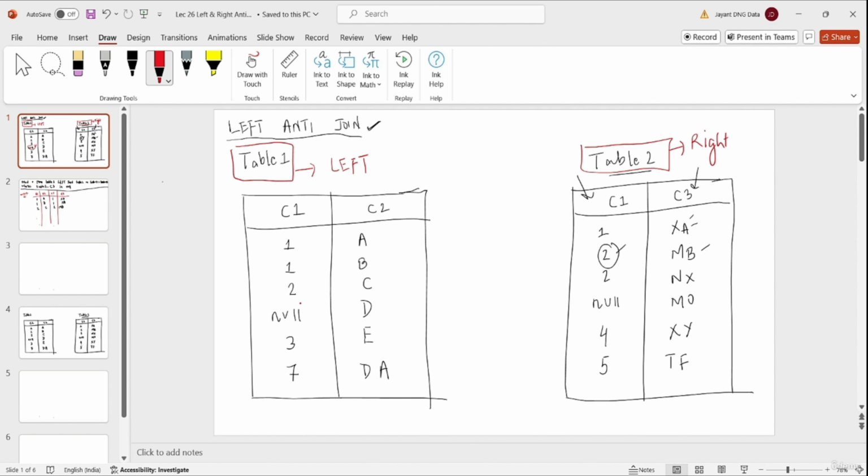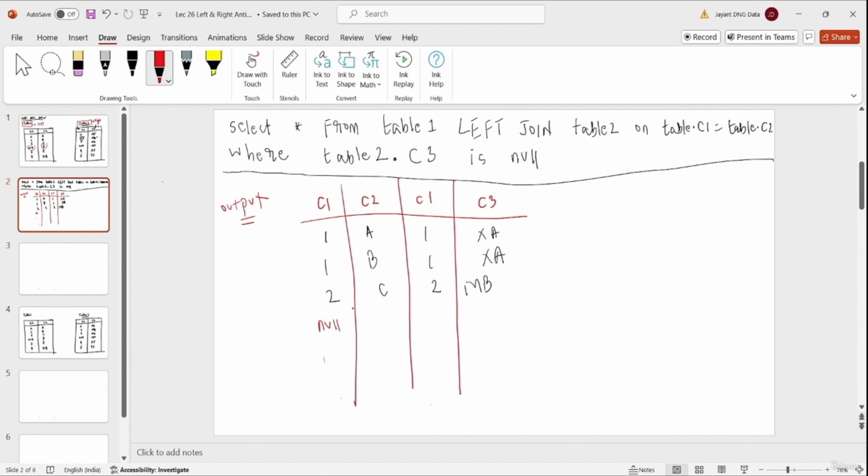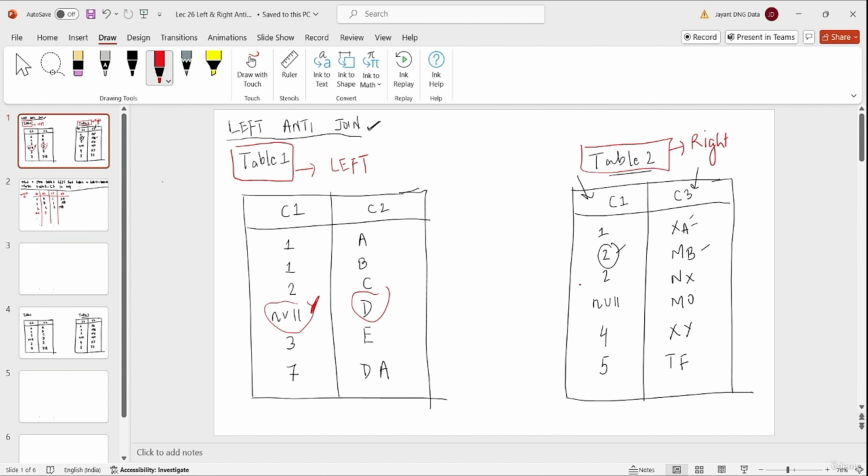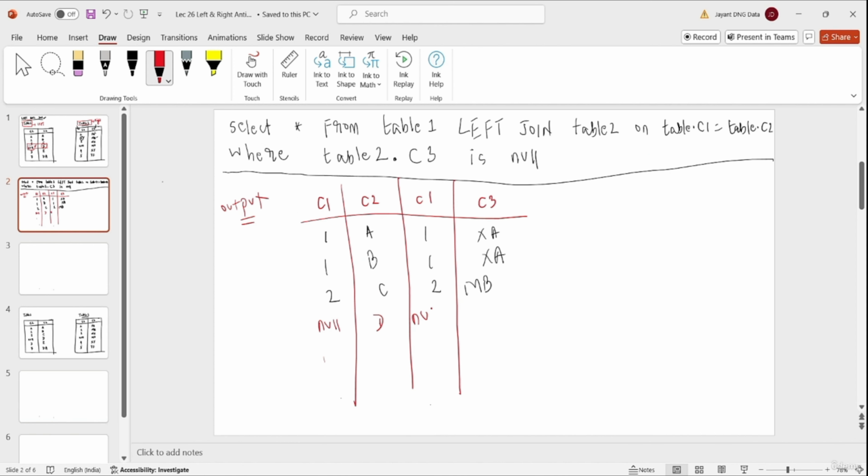But since we are assuming that we are applying left outer join only, whatever is present in the left table will go in the output. So you will see null D in the output, and since this null doesn't match with any value in column 1 of table 2, corresponding to this record null D from the left table, we will get null, null from the right table.